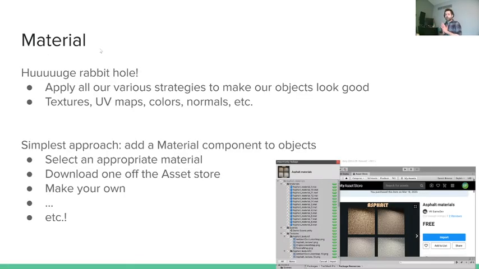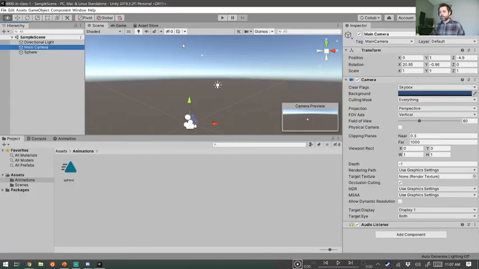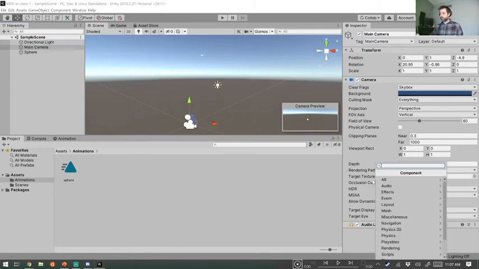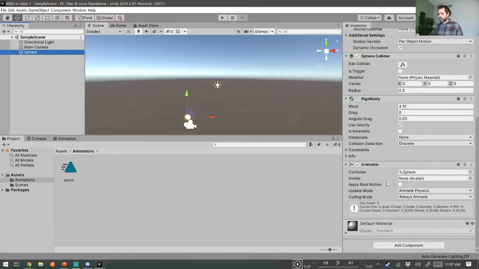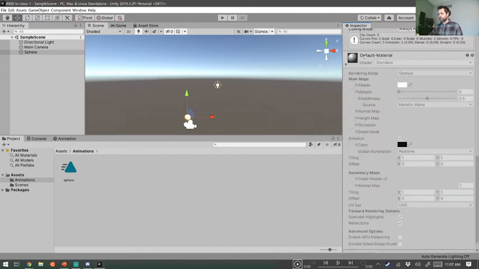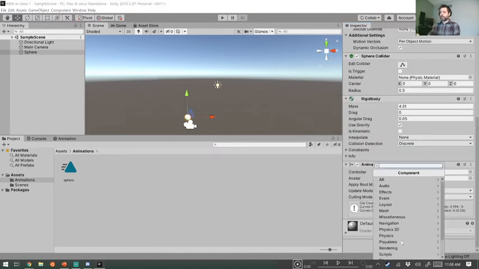Another thing we can look at too are materials. So this is a massive rabbit hole. I will say this, it's a lot of fun to play with materials. Basically, all you do is apply a material component to your object. So for instance, here, I could add a component. Say I want to add a material. Oh, I'm on my camera. Cameras you can't apply material to. Wouldn't make sense. But let's see here. Right now I've got a default material applied. So this is just the standard view. I could add a material,